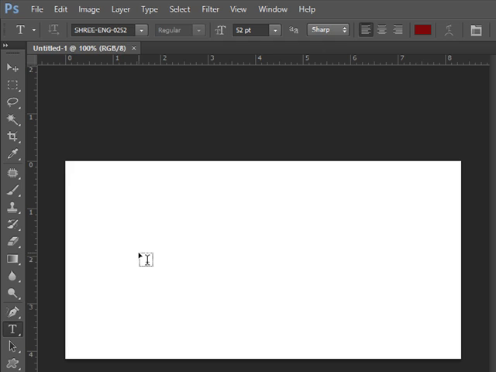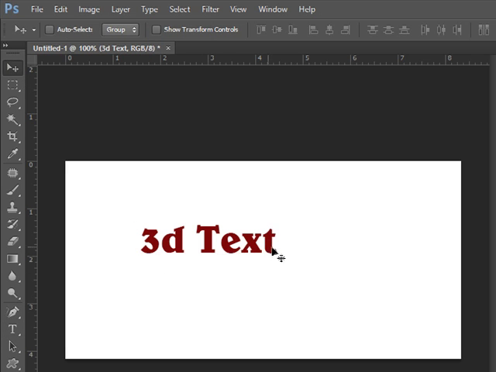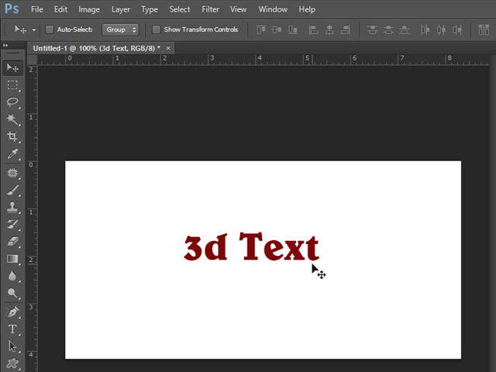Please choose a thicker font so that you will be able to see the output very easily. Here I am writing 3D text. So I have written here 3D text.